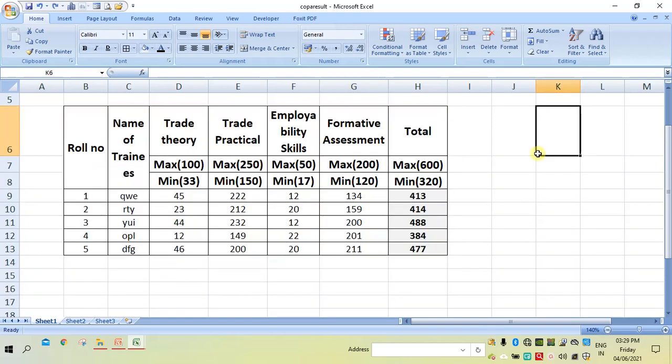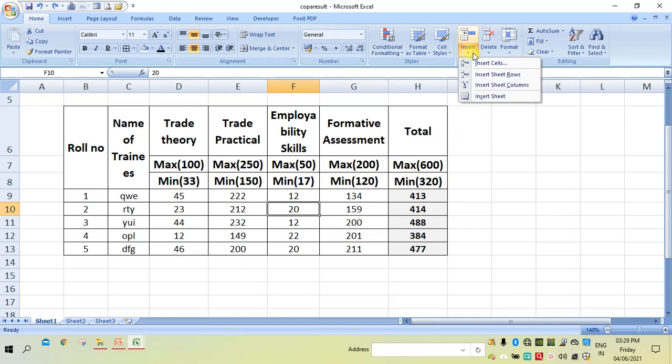Now let's try to insert some cells, rows or columns in between the already existing table. Suppose you want to insert one more cell here, then select it and click on this.